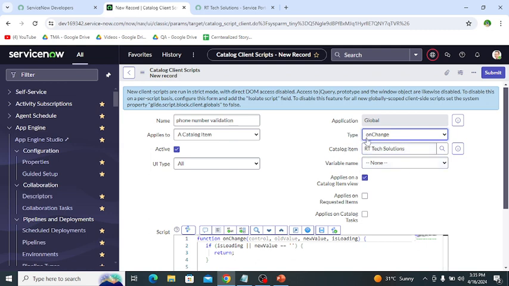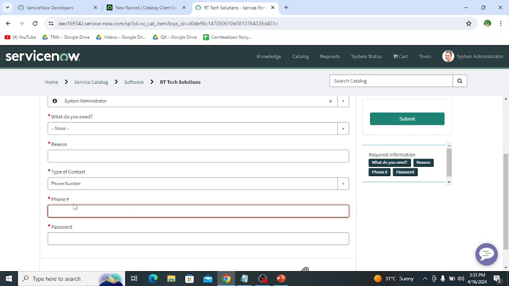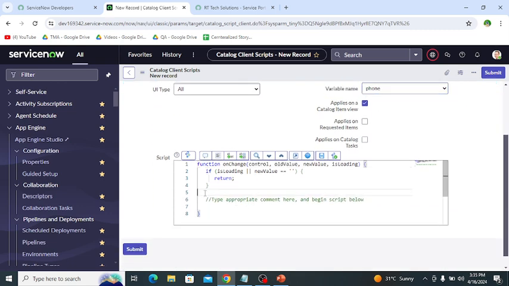When we select on change, it asks for the variable on the basis of which the script runs. Our variable is phone, so we select phone, then we write the script.